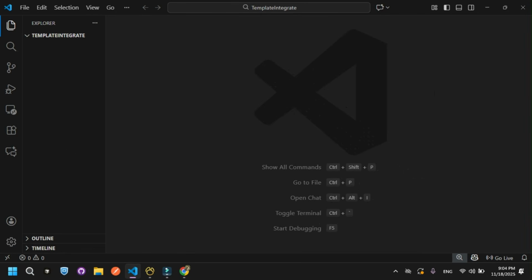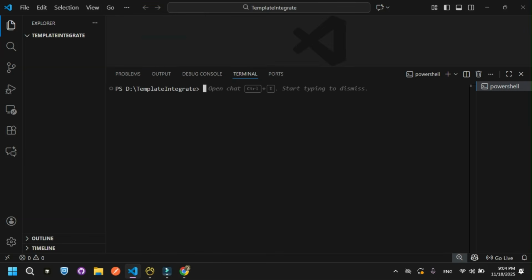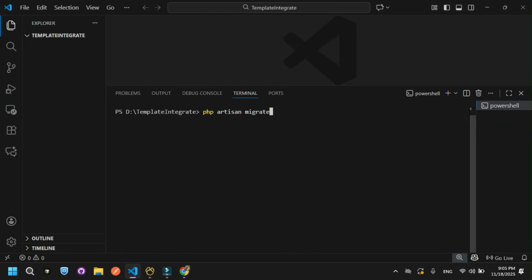So I just open my IDE, and now we are going to create our Laravel project, and within this project using Composer we are going to install the Nuxt UI starter kit during installation and creation of the project. Okay, so I just open my terminal, and here I just use this command